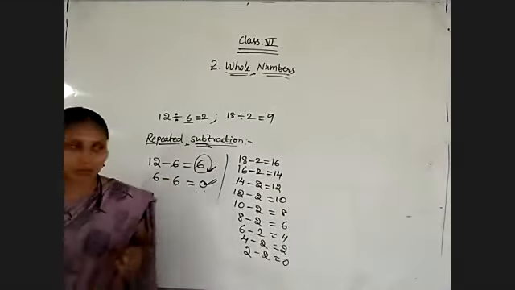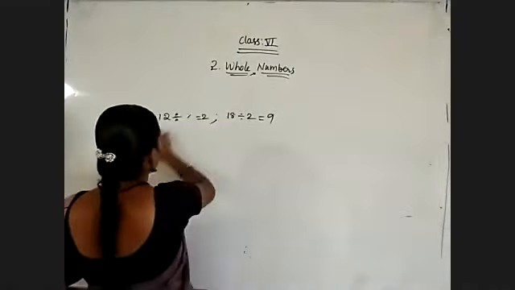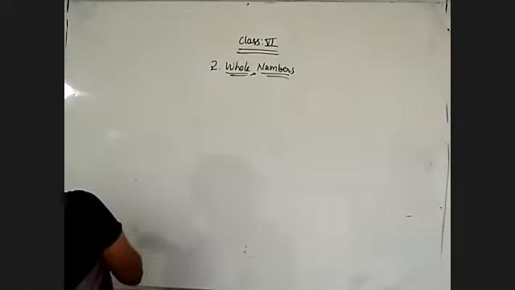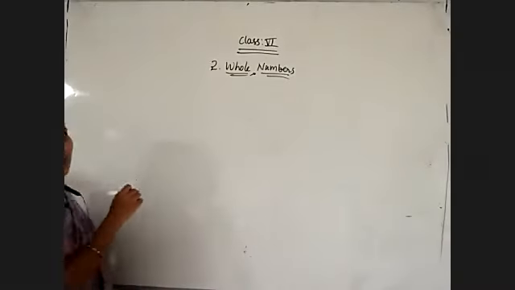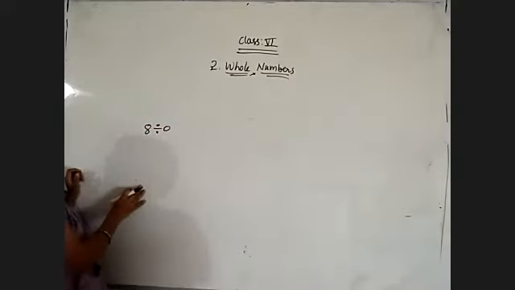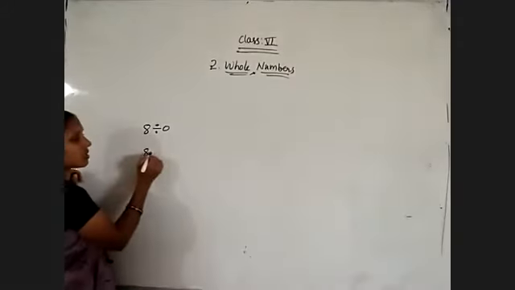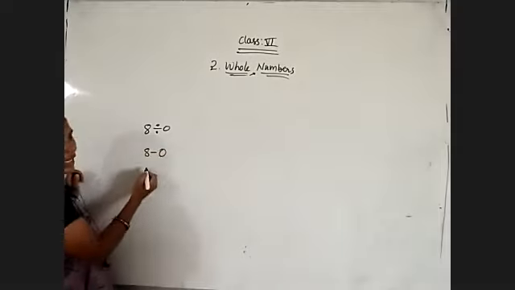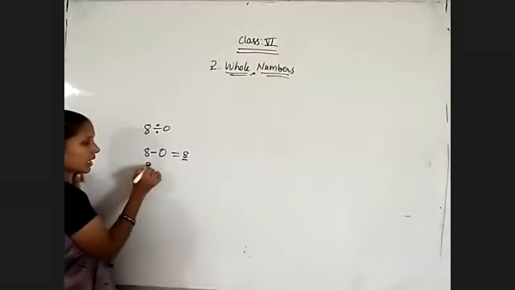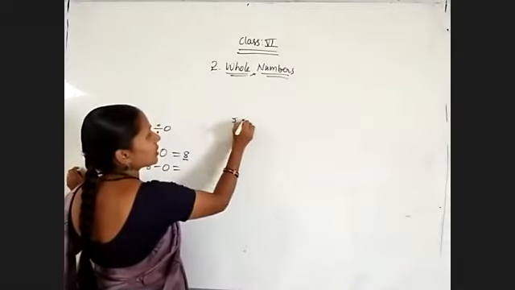Now why am I telling this? Till now, any number divided by 0, say 8 by 0, what will be the answer? I am doing it by using the repeated subtraction method. So 8 is my number. I want to subtract 0 from 8. 8 minus 0, I will get 8 only again. So whatever I got, again I need to take here. 8 minus 0.